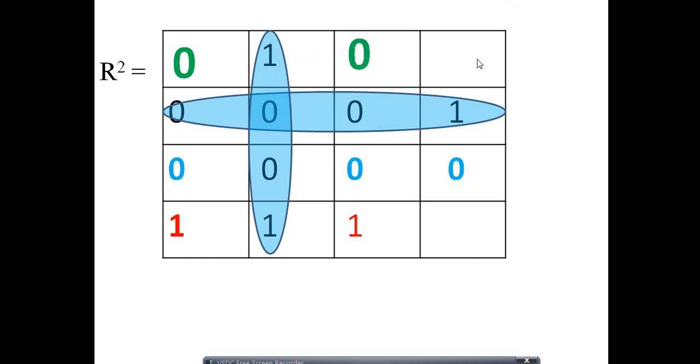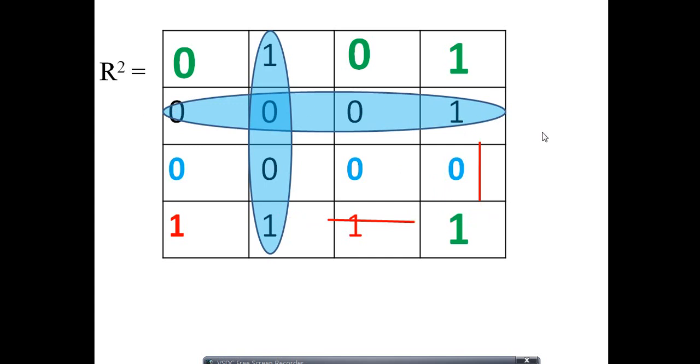Okay, next calculate this. See here, what is the answer? The previous jth column has the value 1. The previous row value has 1. So 1 1, the answer should be 1 only. Is it clear? Now calculate this one. The previous ith row has value 1, the jth column has value 1. So what is the value? 1 1, 1 only. So this is the R2 matrix.